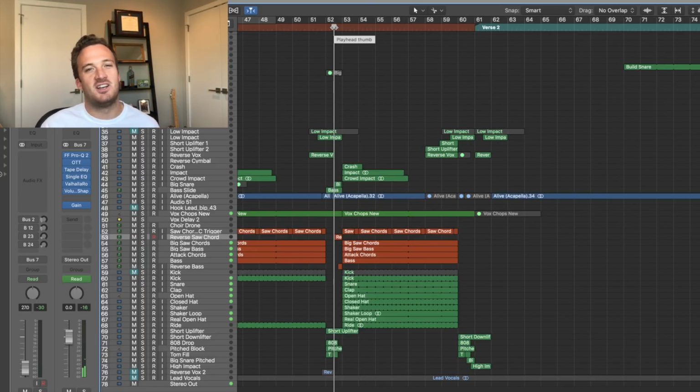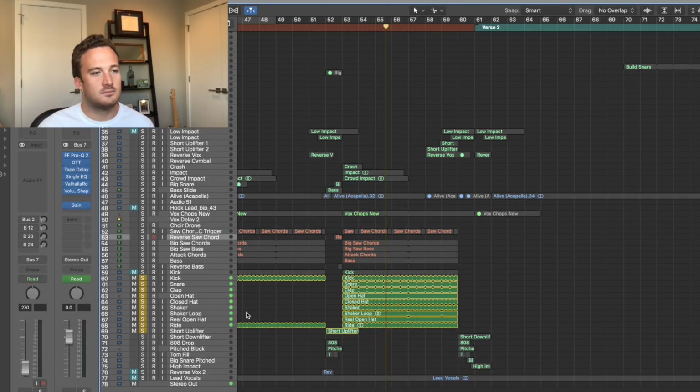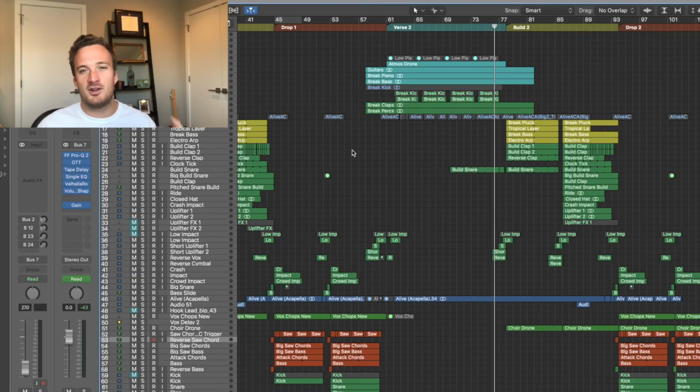Nothing's really different in the second half of the drop, there's just some more drums that come in. Here's what all the drums sound like. So yeah, it's a pretty basic drum beat, standard house drum beat with some shakers and stuff on the 16th notes in between. The second verse and second build up and drop aren't really that different from the first one,